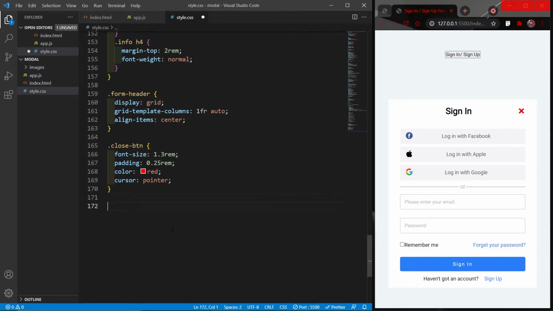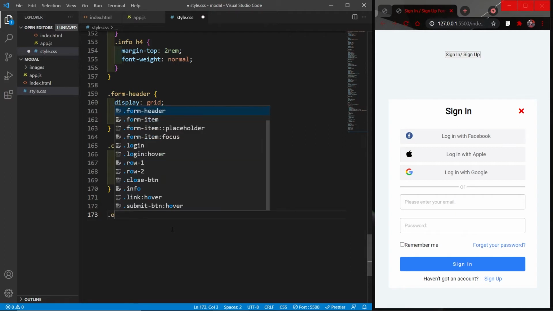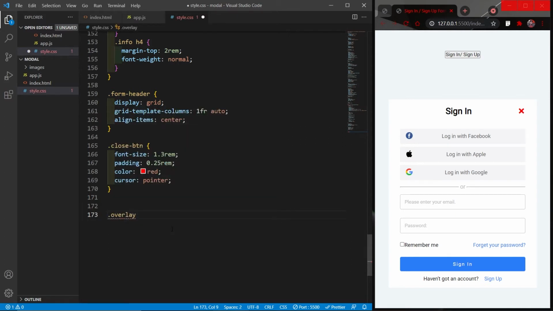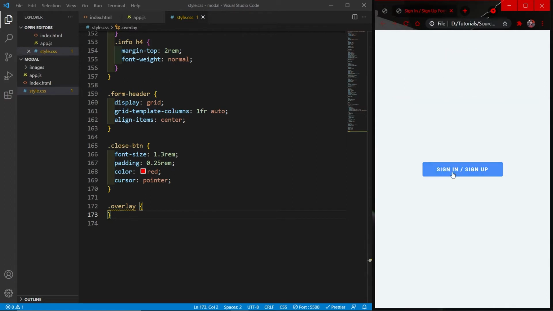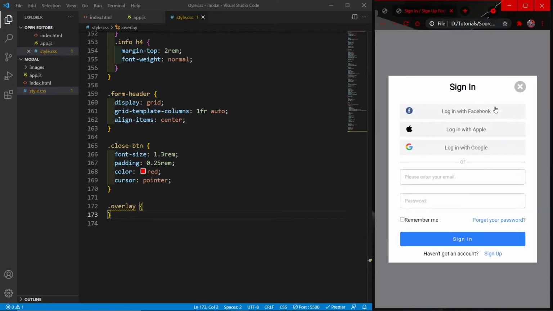Now in the CSS file, the first thing I will do is select my overlay and span it all over my screen, just like you see here. It is spanned all over the screen.